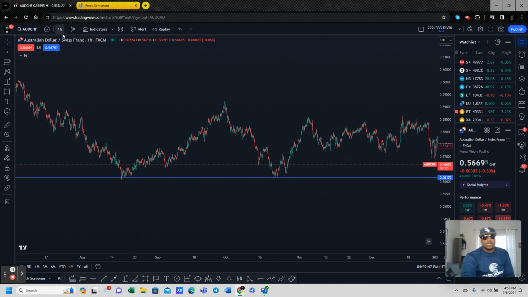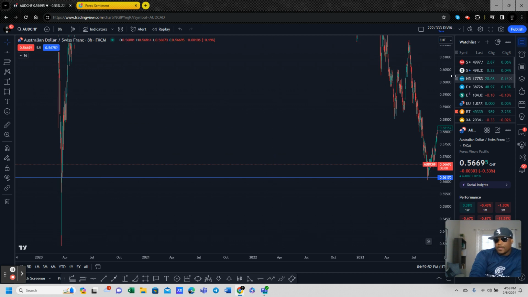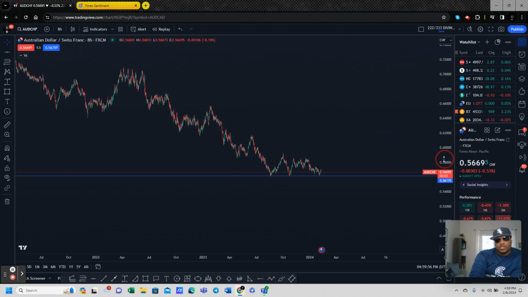Now let's go ahead and measure this. I use the 6 hour chart. Let's do the 8 hour. We got a lot of heavy consolidation in here since October. Now, here's the key thing: we haven't made a lower low yet. So this is a real key area that I want to really see broken. That will give me the confidence to see if we can go lower.